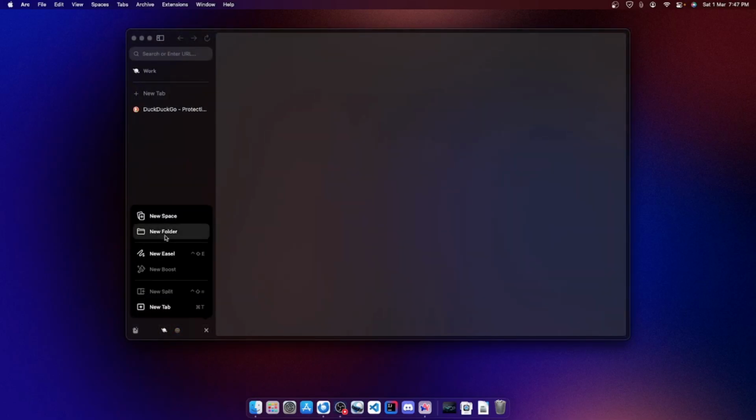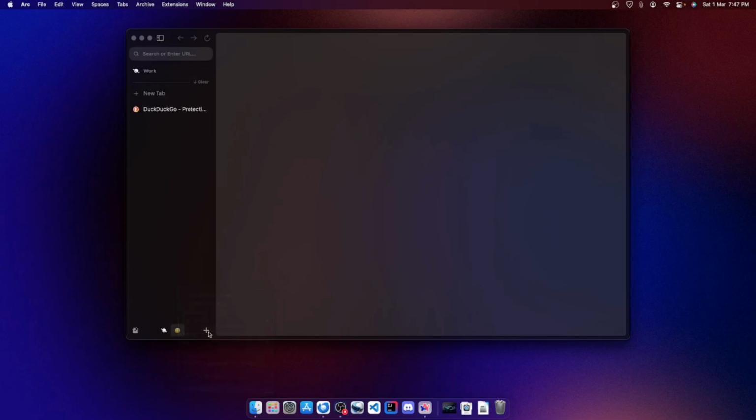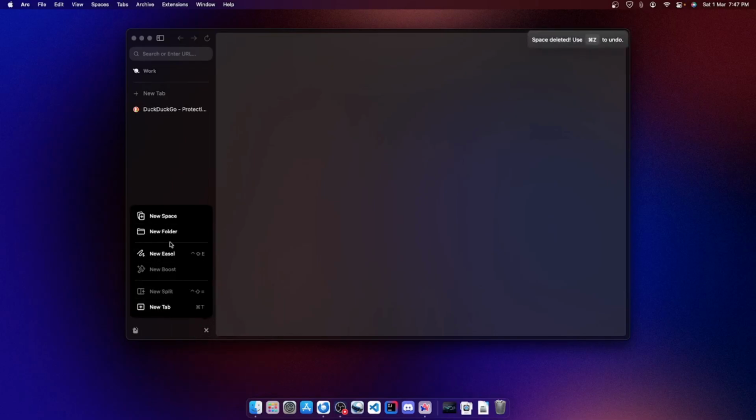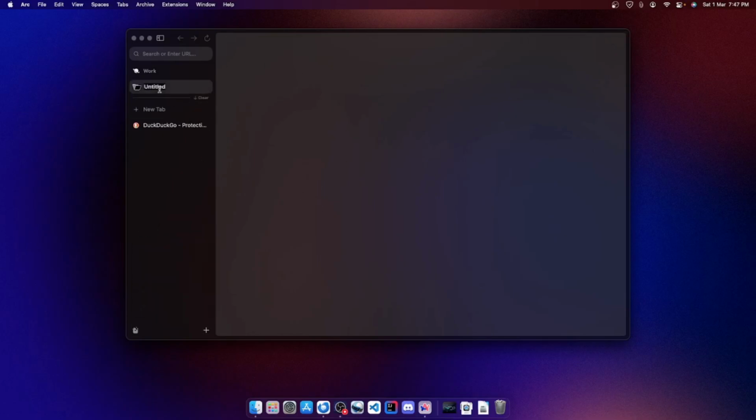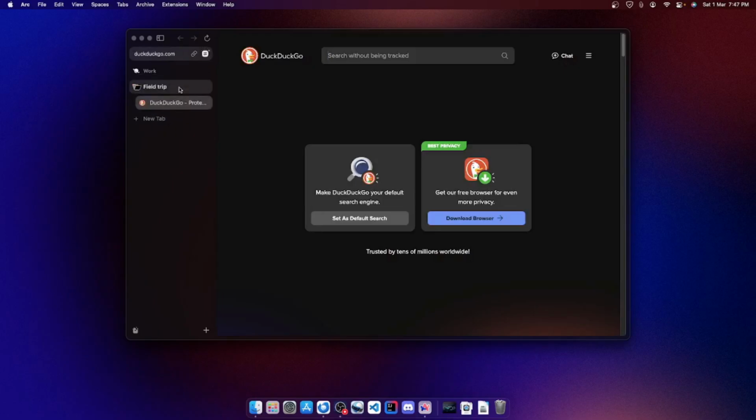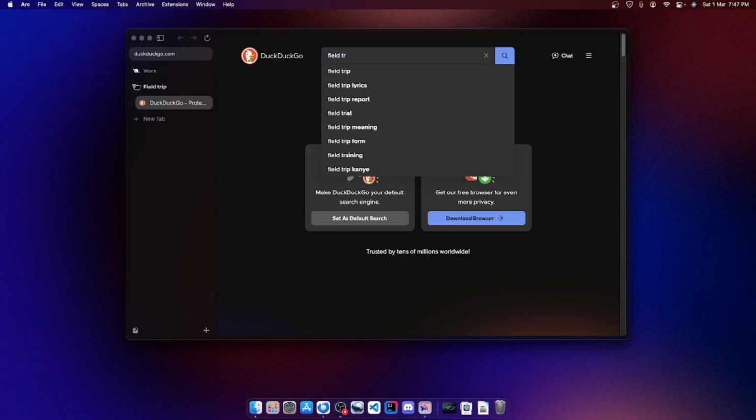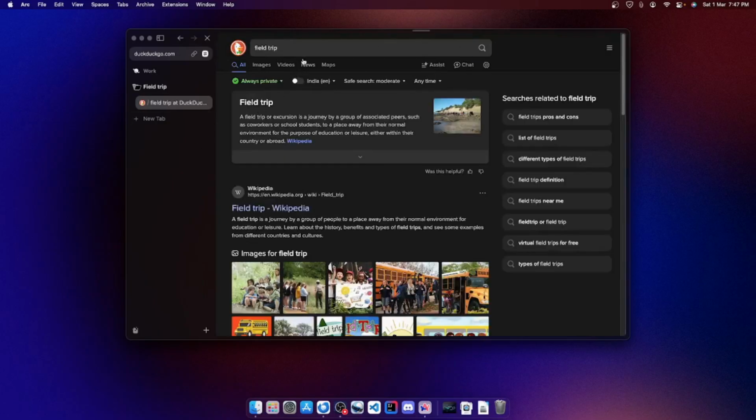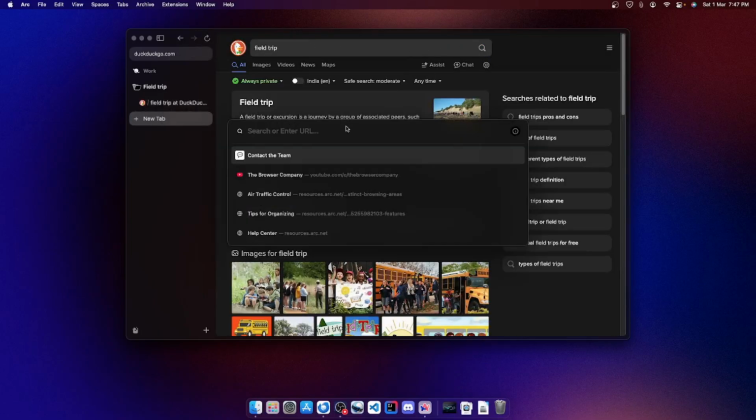And we also have folders. So first of all, I'm going to delete this space because I don't really know what I should do with that. So we can make folders to organize it better. Let's say you're going for a field trip somewhere. Yeah, you could name this to be field trip. So here you could pin all your tabs which you really need. So you could pin your tabs about the field trip,